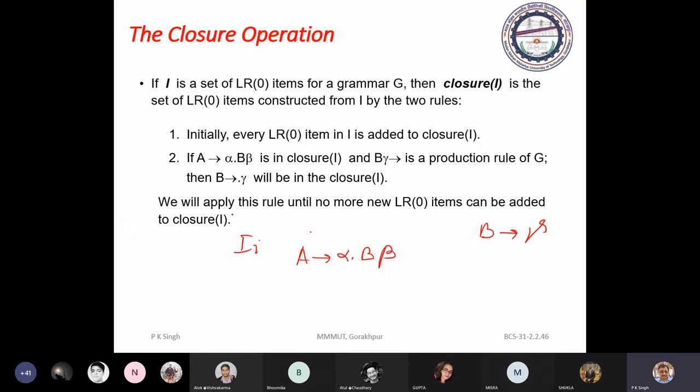In that case, you can add B to dot gamma as a closure item.